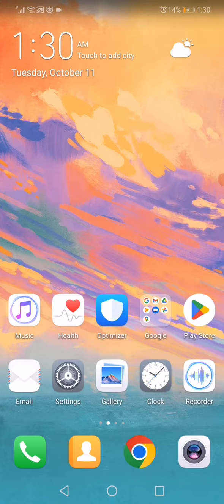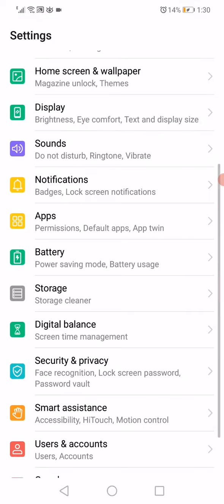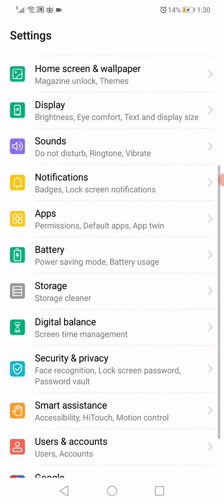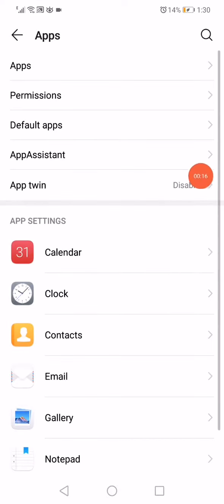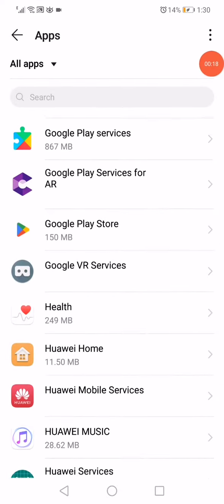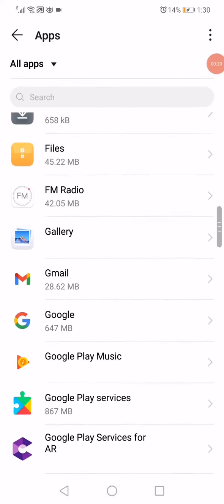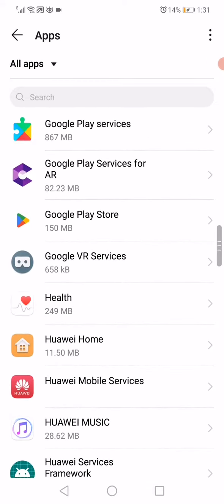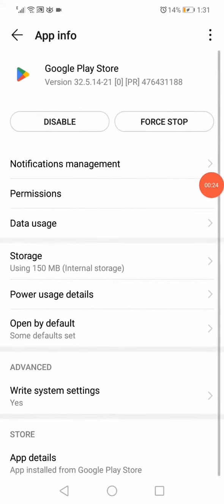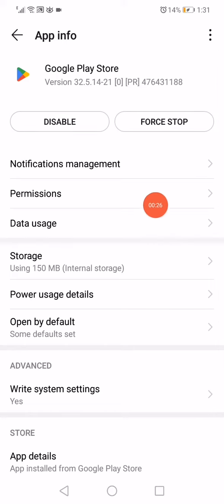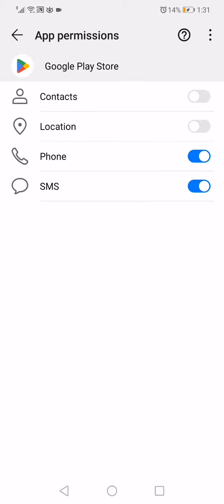First thing, go to settings on your phone like this, and then search for apps and click on it, and click again on apps. Now right here on this page you will find all the apps that you have on your phone. Go to Google Play Store and then click on the permissions and make sure to enable all the